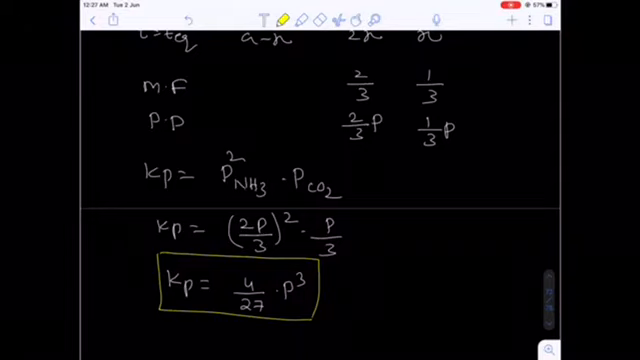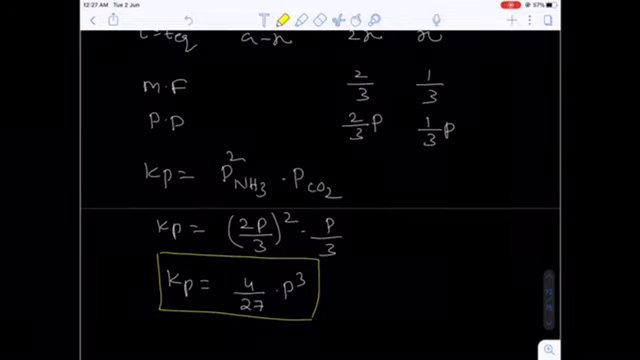Okay. So in today's lecture we completed the Kc and Kp expressions for homogeneous equilibrium and heterogeneous